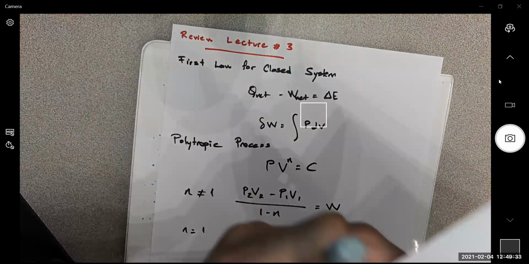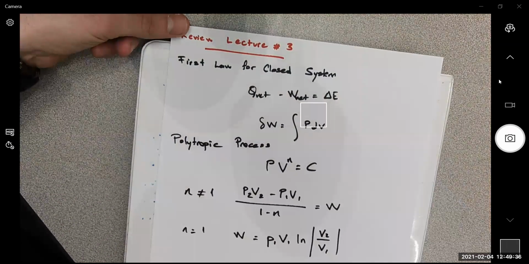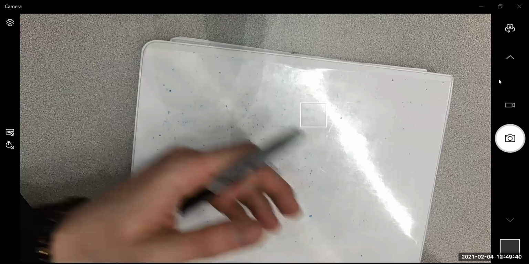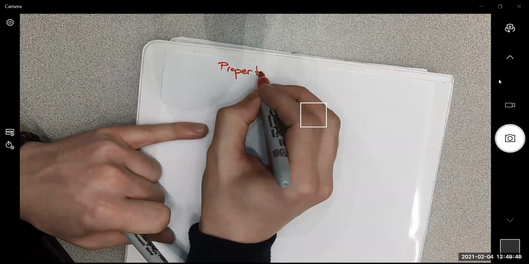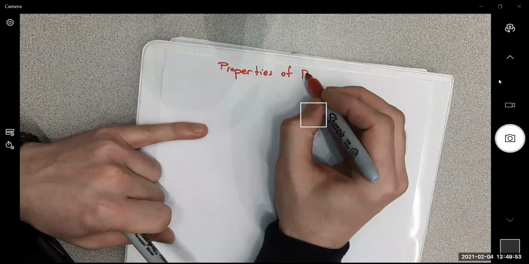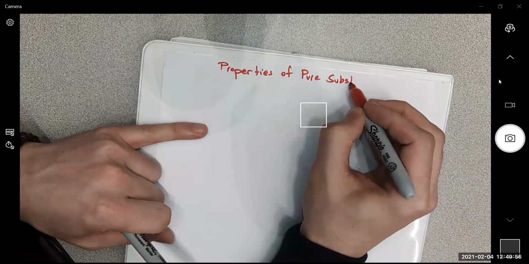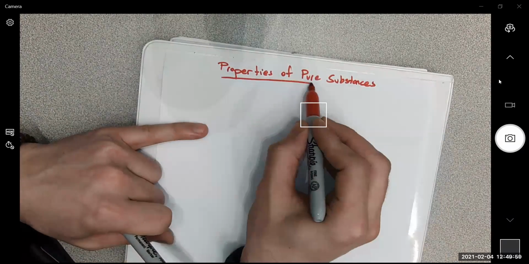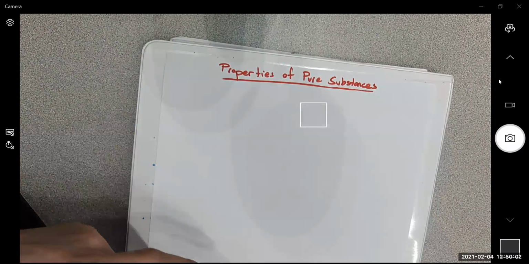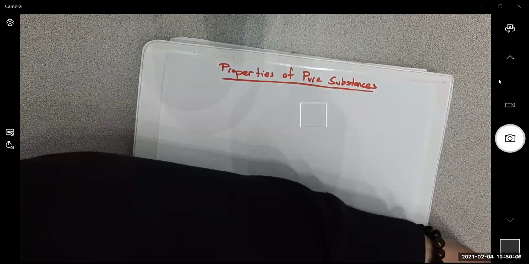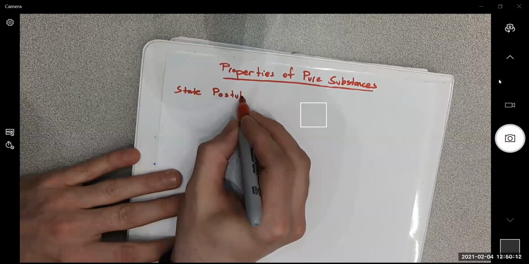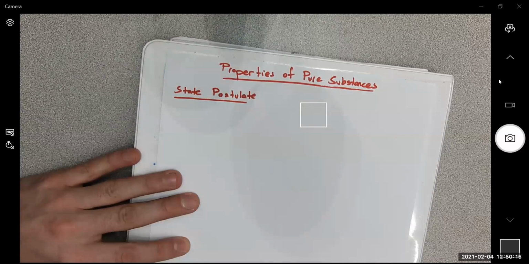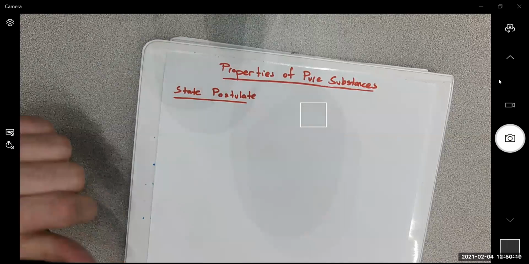Today, we will start properties of pure substance. And state postulate. State postulate